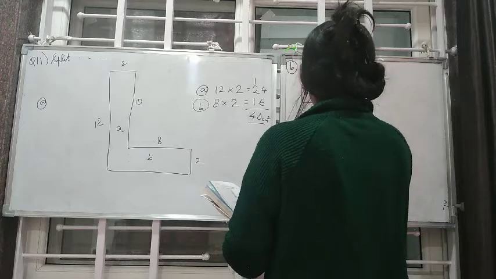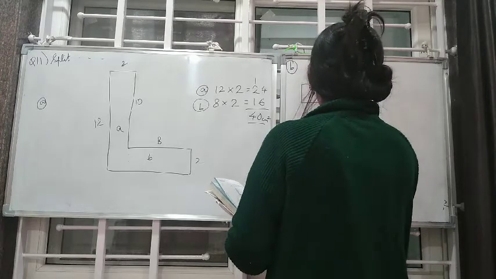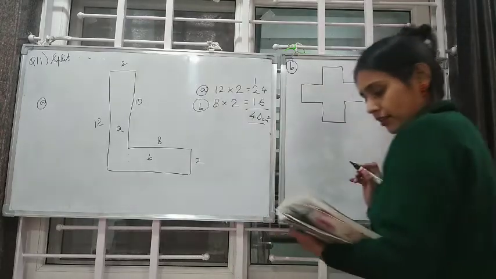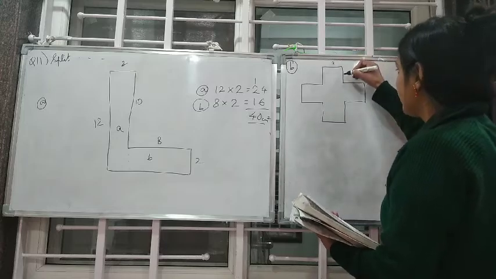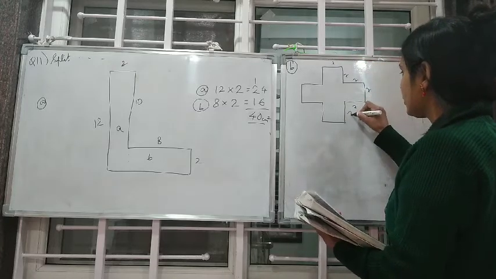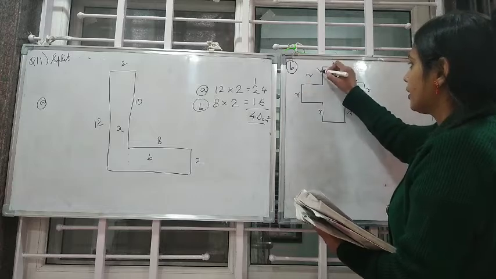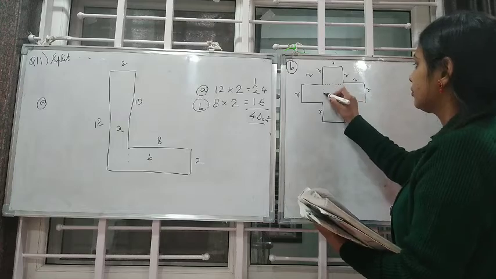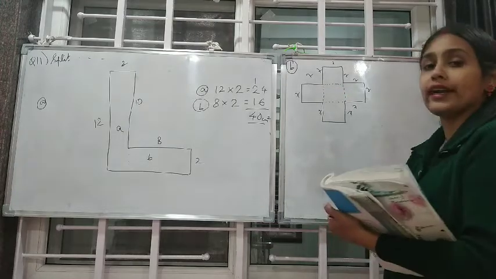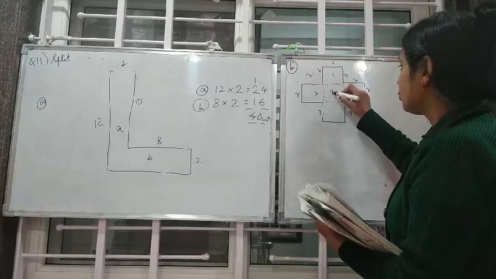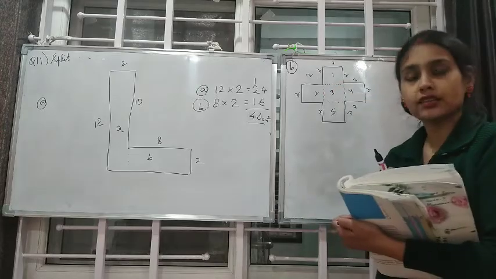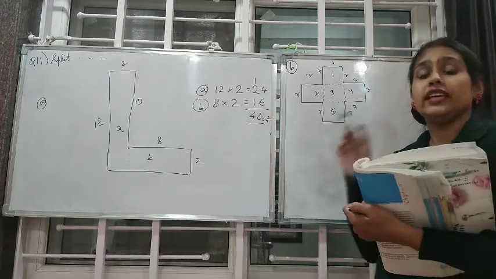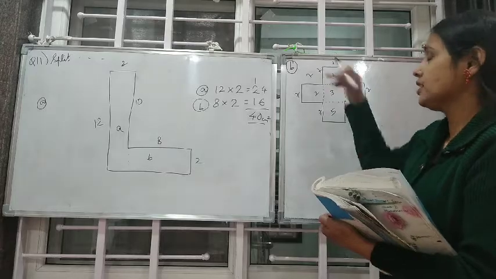I'll just finish off the diagram. Now you can see all sides. It's written 7, 7, 7, 7, 7, 7, 7, 7, 7. Okay, it's already written. Now you divide your figure like this. So you get squares. How many? 1, 2, 3, 4 and 5 squares. Correct? 5 squares. Whose each side is 7.